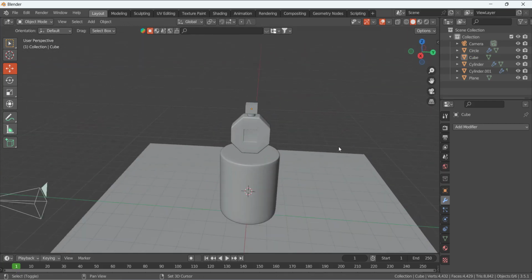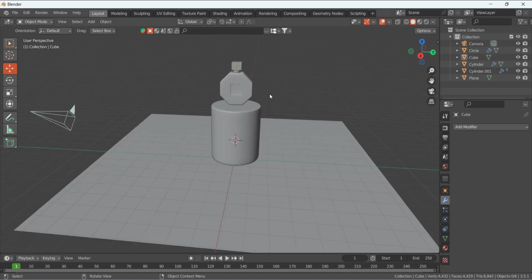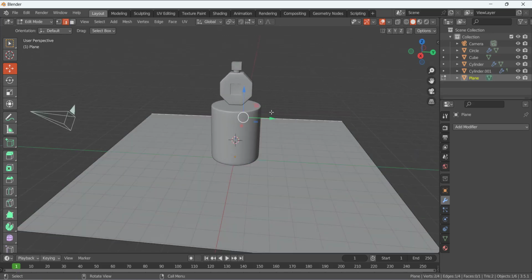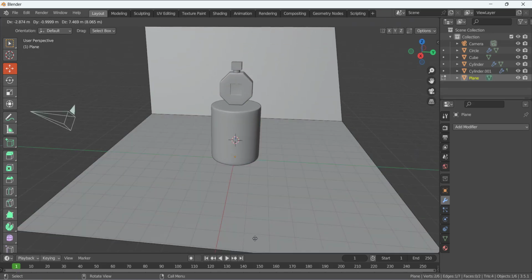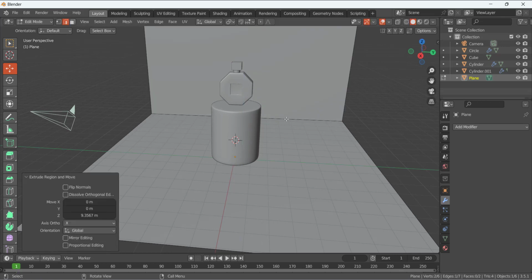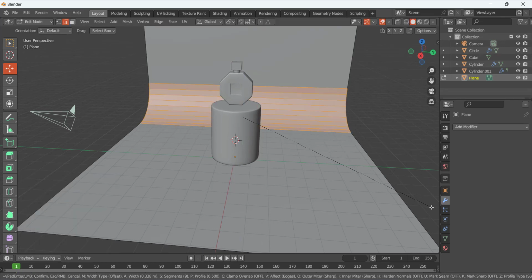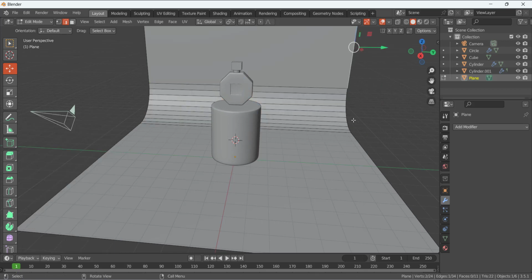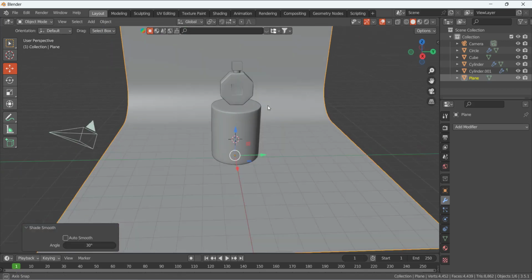Okay, so at this view, select this one, Tab, select this edge and E to extrude in the Z direction, select this edge and Ctrl B like that. And this one shade smooth. So